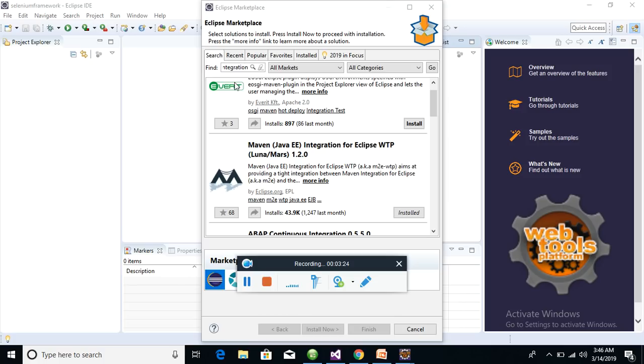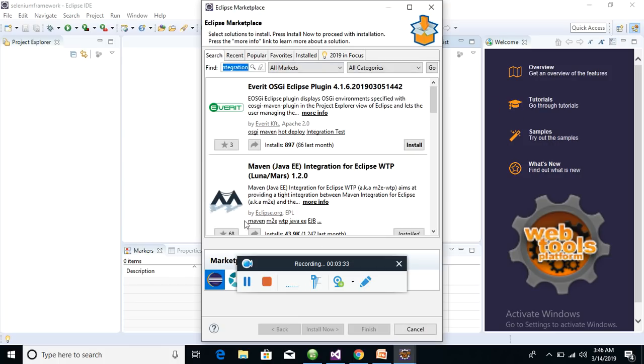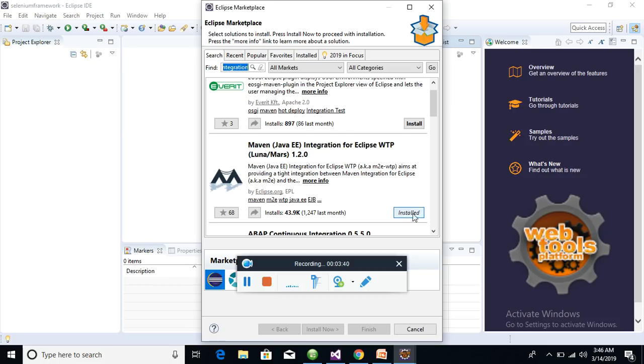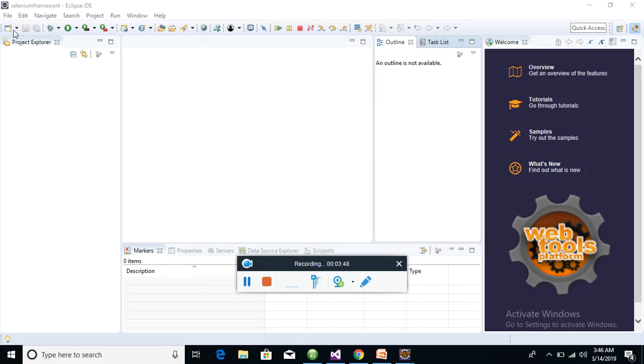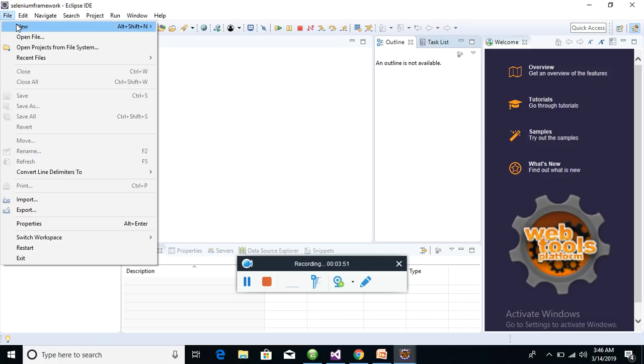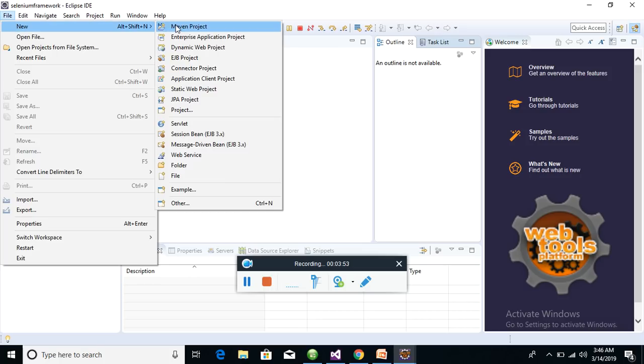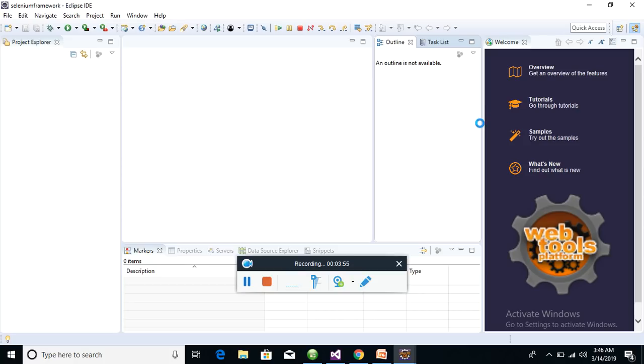In the Eclipse Marketplace, you have to type Maven integration in the find input and click find. Then it will find the Maven Java EE integration for Eclipse WTP. You have to ensure that this is installed. After that, you have to create a Maven project. So let's close this and go to File, New, Maven project. Select Maven project,